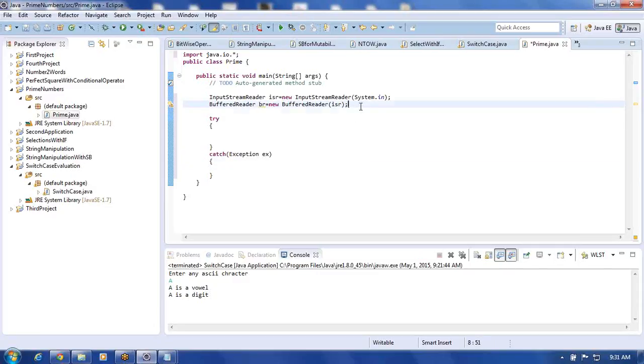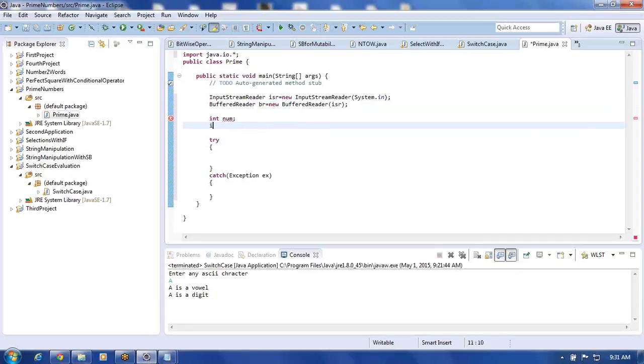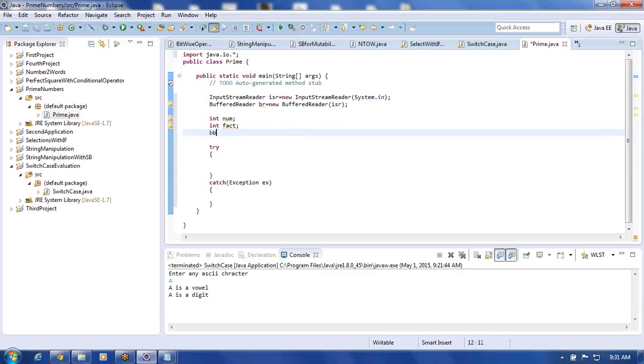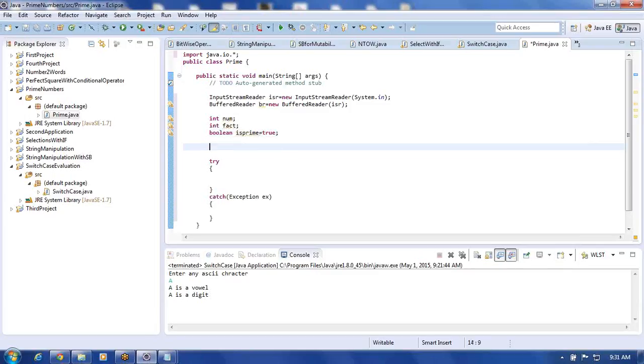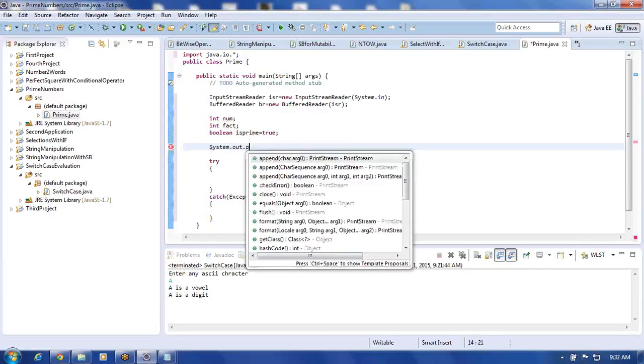So declare here a number, int num, then int fact. One more thing here, boolean isPrime equal to true. We assign this as true here, followed by which we try to read a number. We read a number now from the keyboard, and write System.out.println,